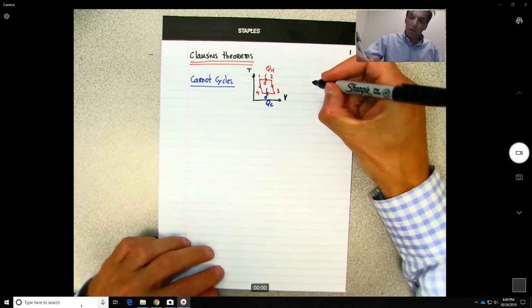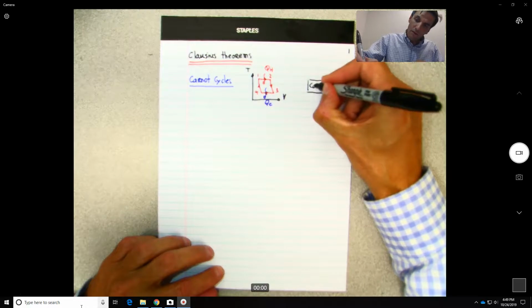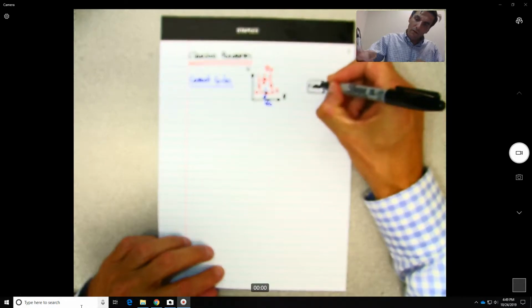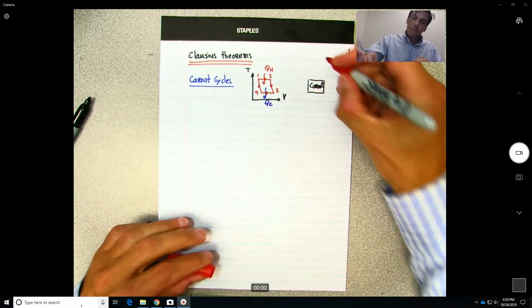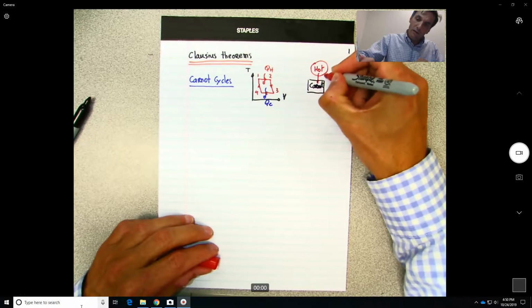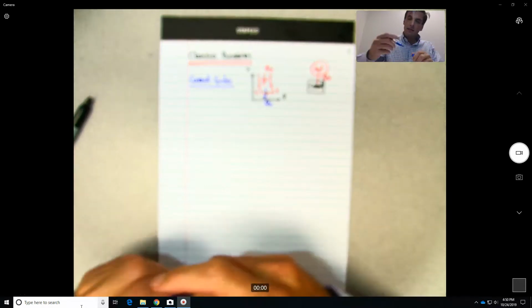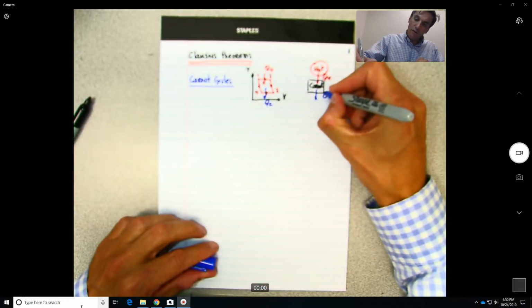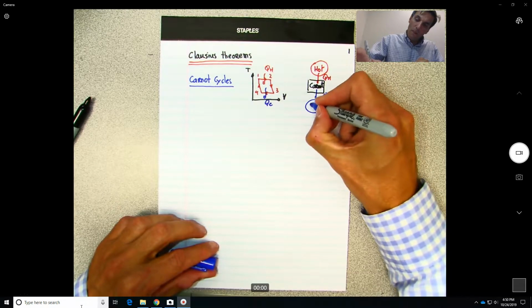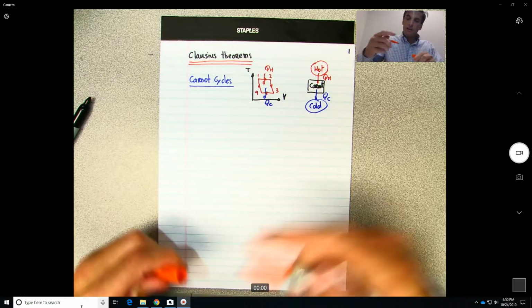That is basically equivalent to our Carnot cycle operating between a hot reservoir and a cold reservoir, and this will provide